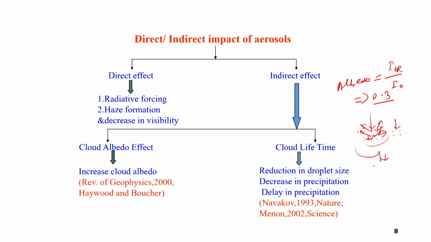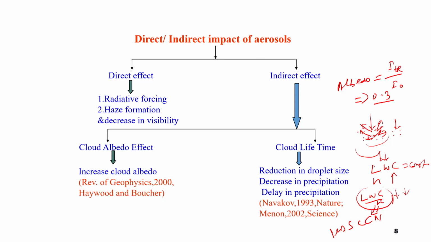Consider a second scenario. You have the same liquid water content, it is constant, okay, and if you increase the number of droplets, what will happen? The liquid water content per number of particles will actually decrease, because the water content is constant and the number of particles is increasing. So if the number of particles has increased, you have fewer cloud condensation nuclei, you will have less CCN, so the cloud formation will not be there actually.